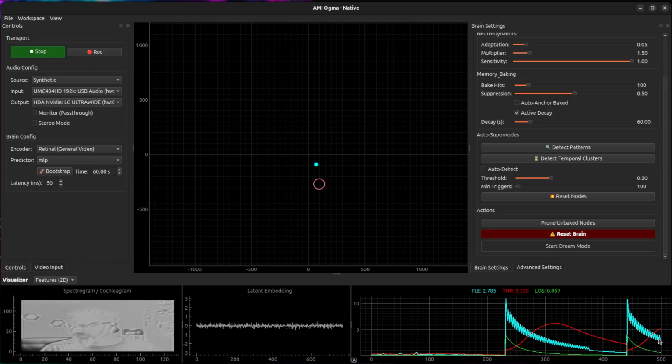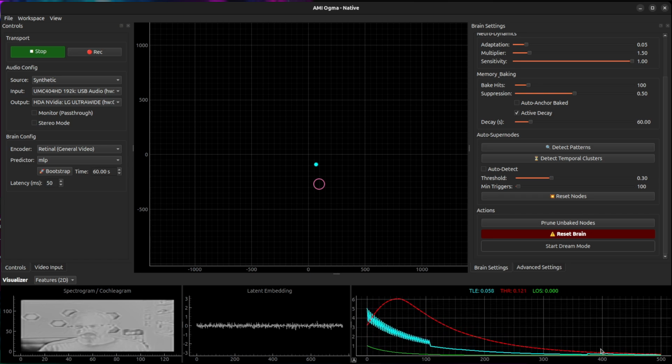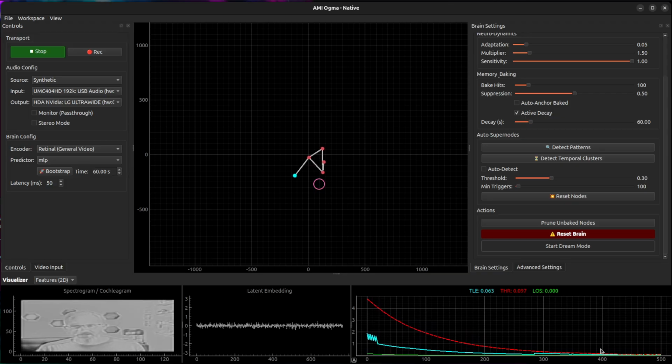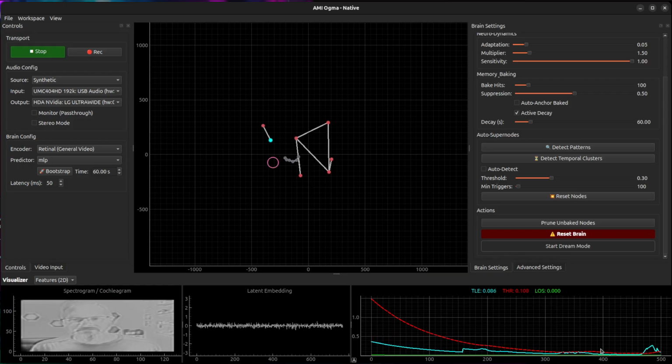Oh, we have to wait for the time loop error to come down. It should start making some nodes in the graph as soon as we hit that TLE that's very low. There we go. Okay, so we've got a couple nodes in there, which is basically the picture as it sits right now. But if I get very close,